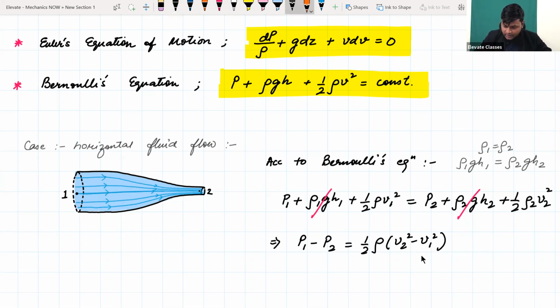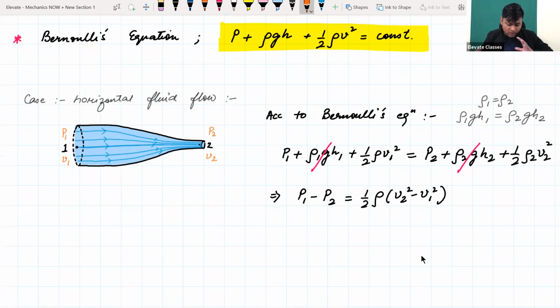So here there are two things that are different. There is a particular velocity here. So velocity is, let's suppose, V1. Here the fluid has a certain velocity V2. Here the fluid experiences a particular pressure P1. Here the fluid experiences a particular pressure P2. So as you can see, can anybody tell me where the velocity would be greater, 1 or 2? 2. 2 will be greater because that comes from the